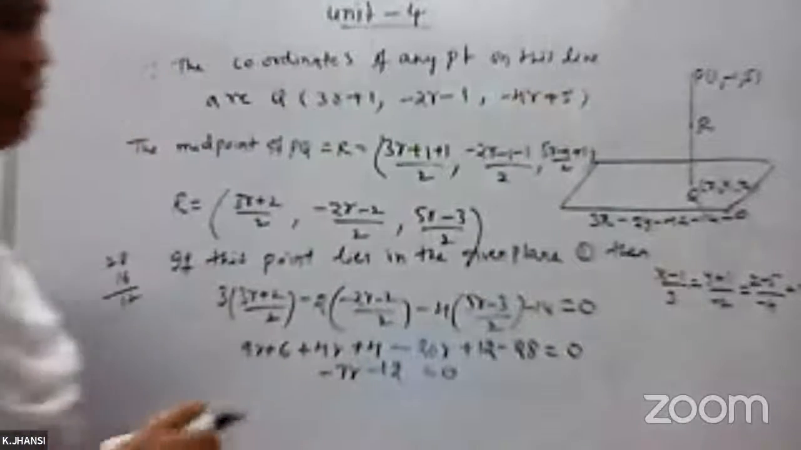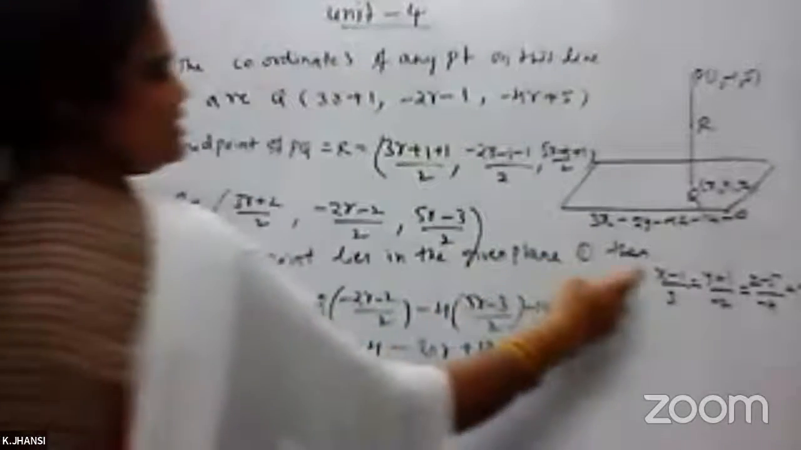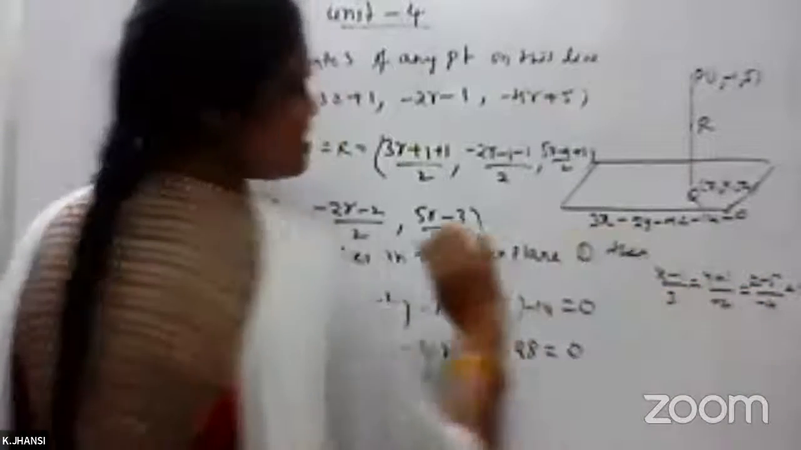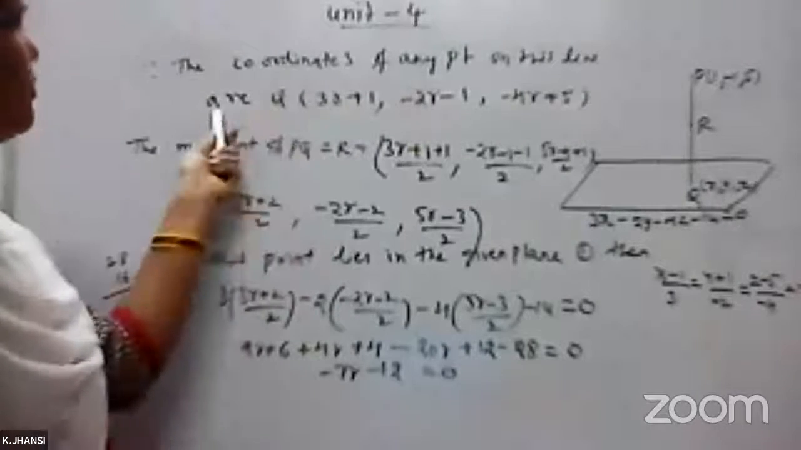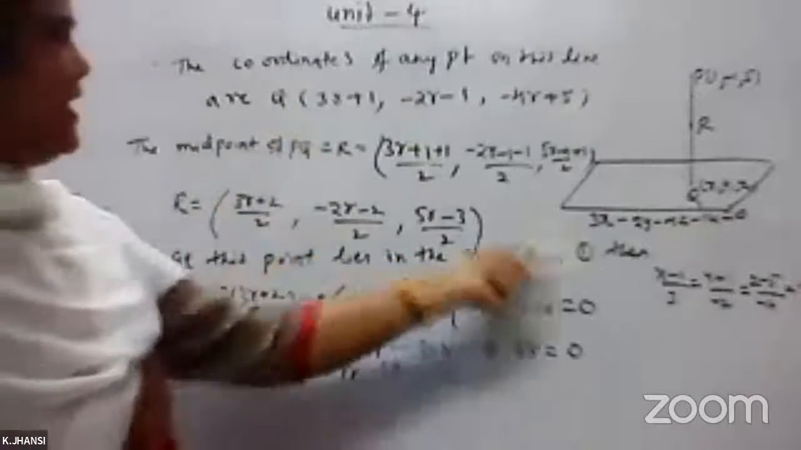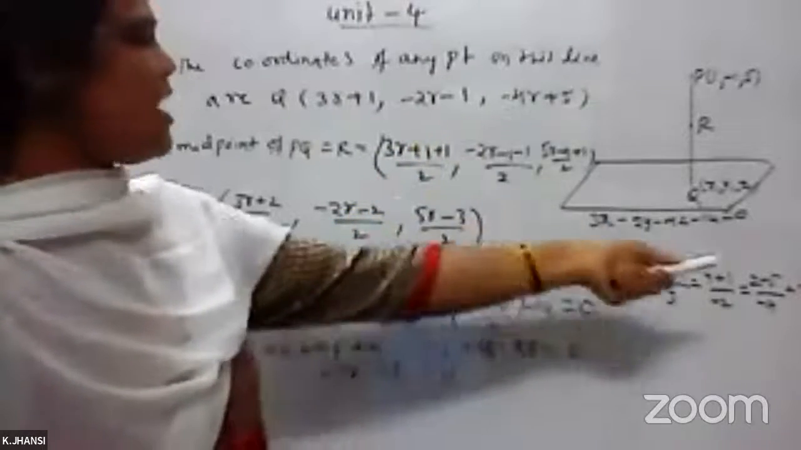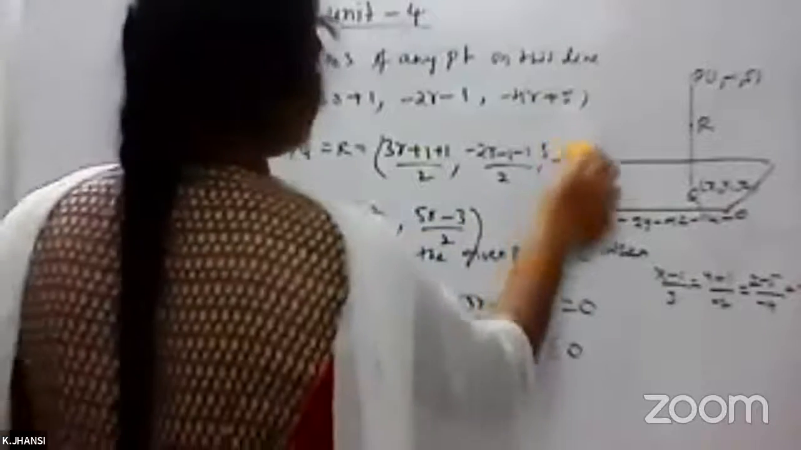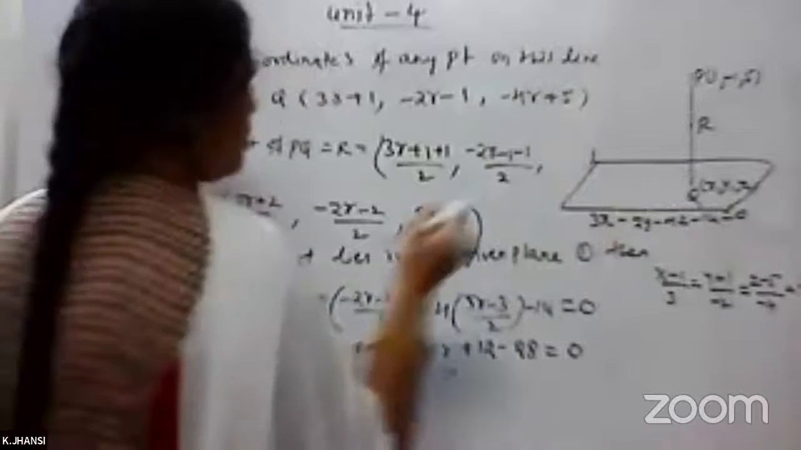Okay, so before the problem you verify that one. Whatever line equation we got, this is x minus 1 by 3 equals y plus 1 by minus 2 equals z minus 5 by minus 4 equals R. So you will get the coordinates of any point on this: 3R plus 1, minus 2R minus 1, and next one is minus 4R plus 5. So here only this will be wrong. It is minus 4R